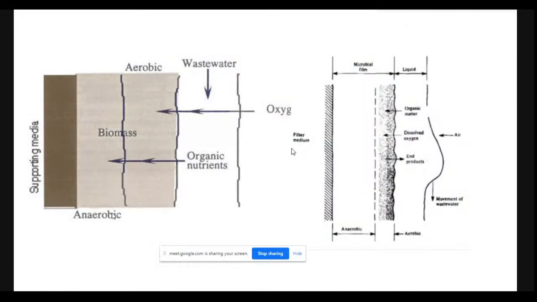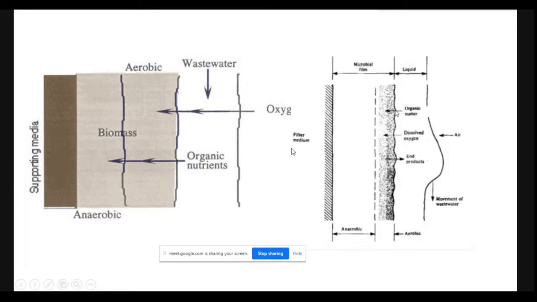So in what we call suspended growth, and also in the case of unattached growth, the theory behind it is that the biomass in the system, in this case, you will see this line over here. When you pass the oxygen into this part, you will see the organic nutrients, and the biomass is here within the treatment system, and this will always remain in